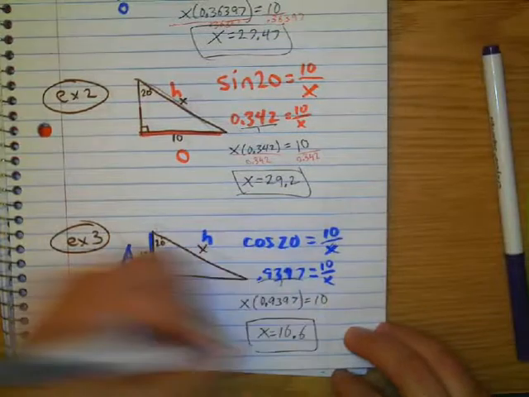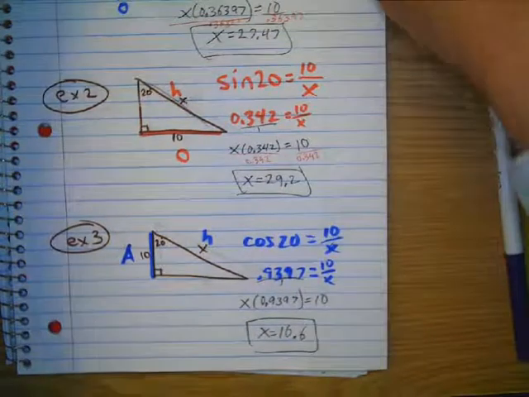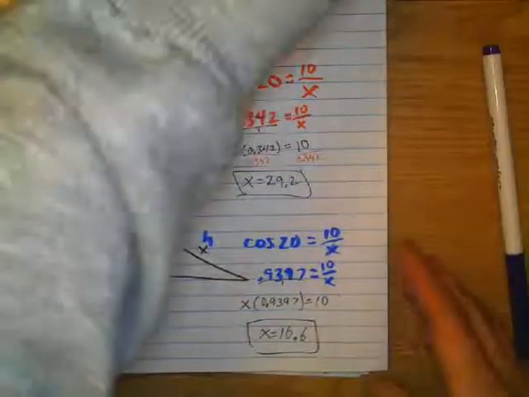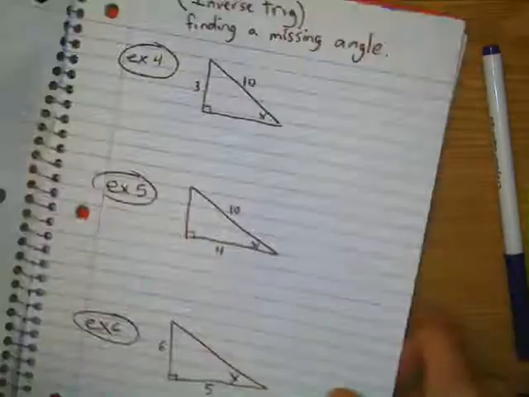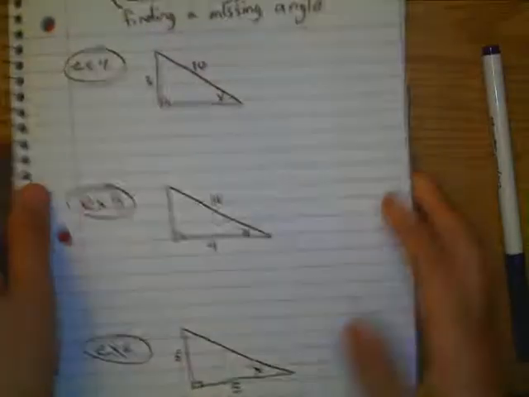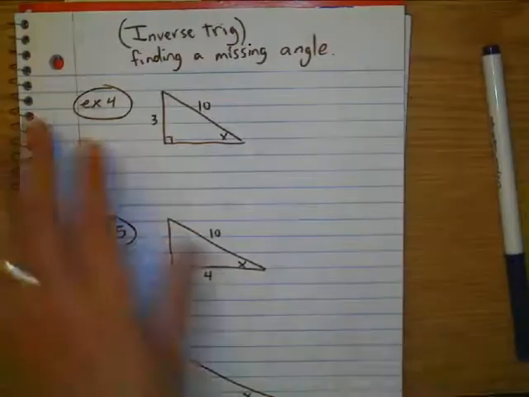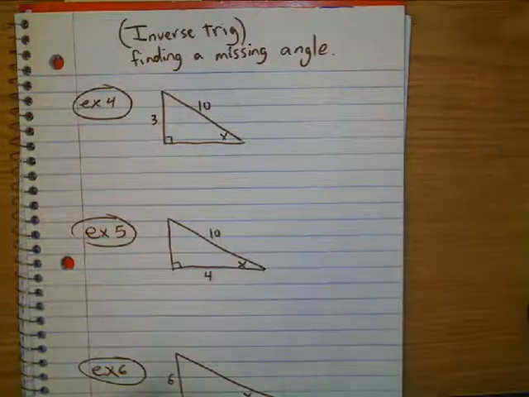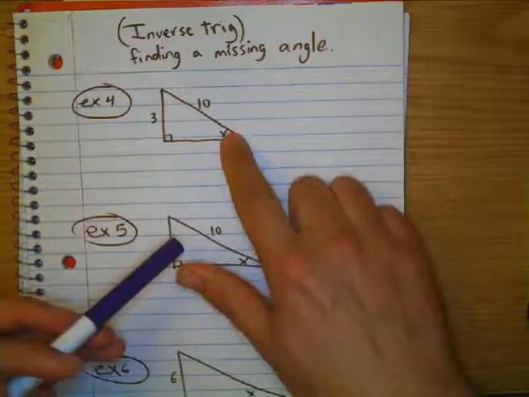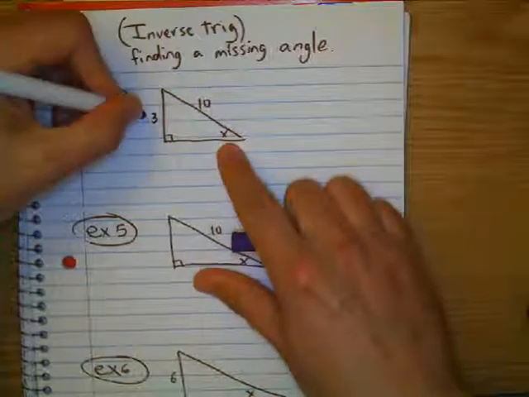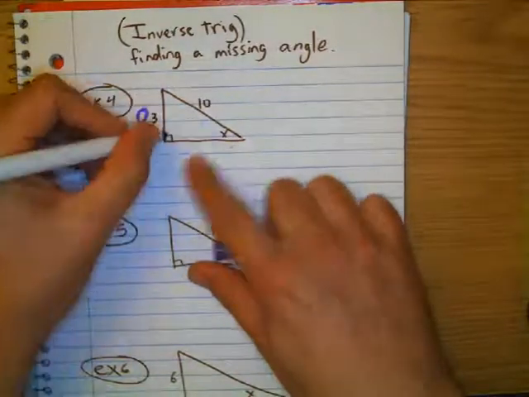All right. So there we go. Now hit pause and replay to watch this to see it again if you need some extra help. Okay. Now we're going to do something called inverse tangent when you're trying to find the angle. It's a little bit different. These notes are very important also. So once again, from this angle, we've got the opposite side, and we've got across from the square is our